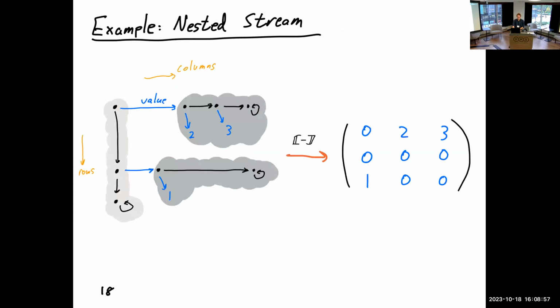But these streams are not limited to one-dimensional problems. And we tackle higher dimensional or higher rank tensors in a very naive way. We simply allow a stream to produce other streams as values. So in this example, there's an outer stream that goes down along the rows of a matrix. And at each one of these states, it produces another stream that produces the values for that row. So the evaluation of this stream on the left might look like the matrix on the right. And I should note that at each level, you might choose to use different data formats. So there's a lot of user customizability of the system.